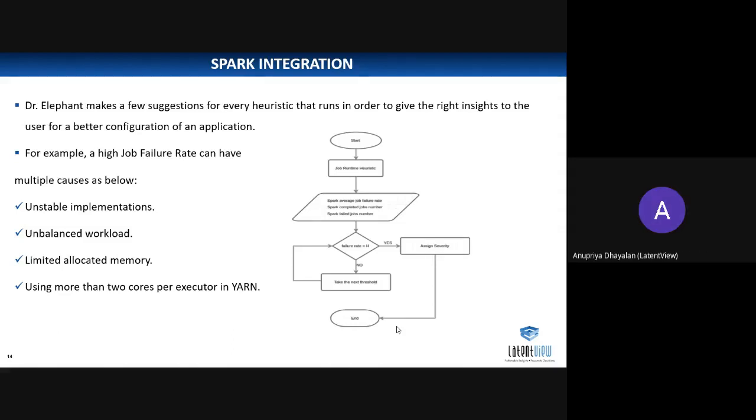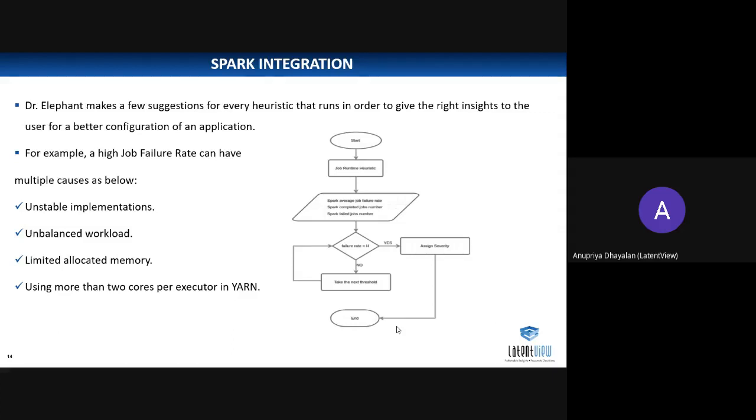For identifying each of these, we have a Spark heuristic, which was explained in the previous slide by Aishu. Load balancing in Spark is provided by default by the Yarn Resource Manager. Load balancing helps to distribute the network and application traffic across a cluster of servers. It aims to optimize resource use, maximize throughput, minimize response time, and avoid overload of any single resource. It also helps in improving responsiveness.